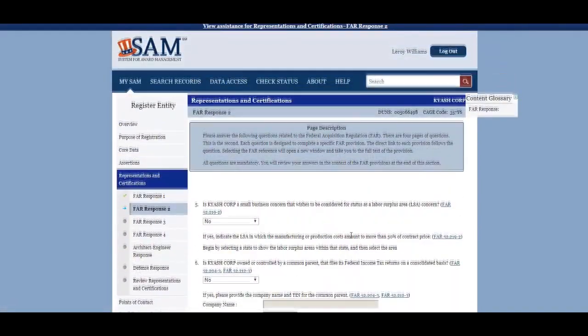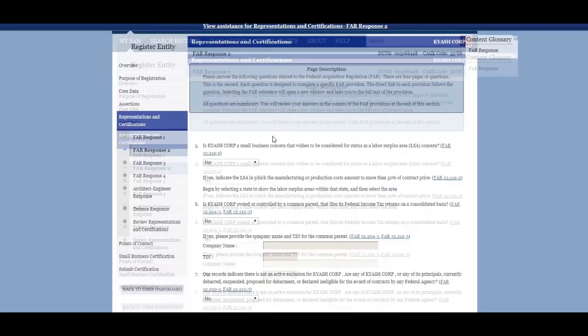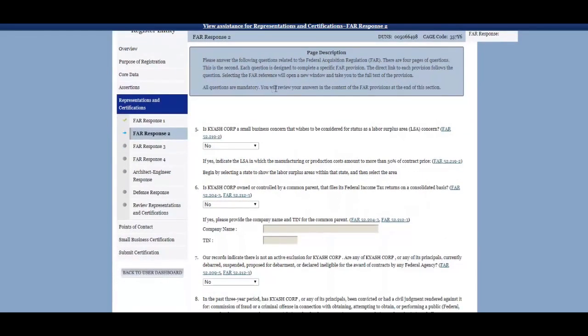Okay, FAR Response 2, Federal Acquisition Regulation Response 2. Please answer the following questions related to the Federal Acquisition Regulation. There are 4 pages of questions. This is the second. Each question is designed to complete a specific FAR provision. The direct link to each provision follows the question. Selecting the FAR reference will open a new window and take you to the full text of the provision. All questions are mandatory. You will review your answers in the context of the FAR provisions at the end of